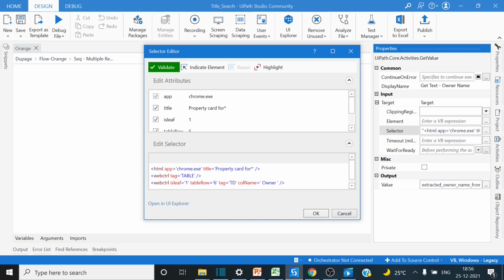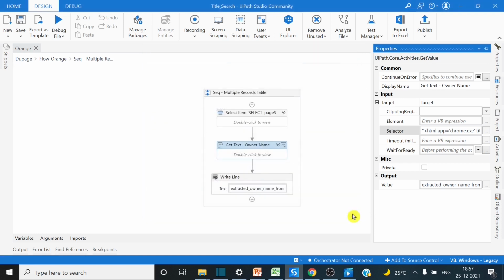Now, what we have to do is, as per the design of the flow, we have to go in each line and then check where our owner name will match. So now the next part is that we have to loop through the entire table. So for that, what we will do is we'll create one more variable,